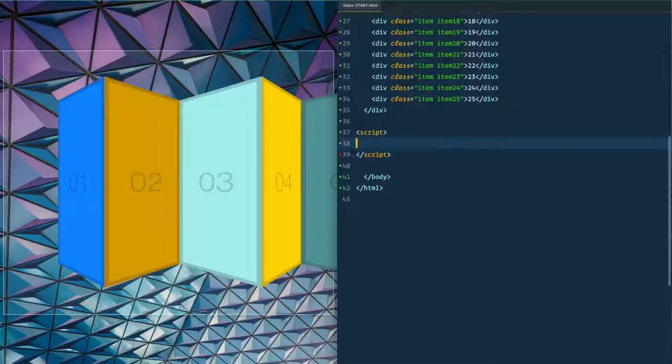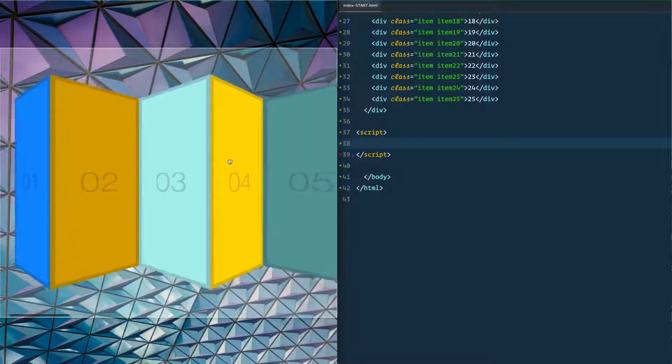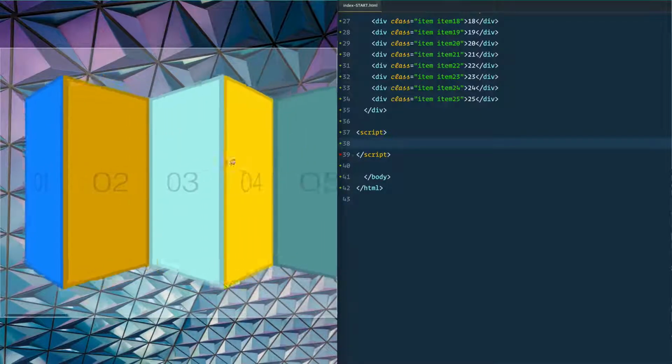So let's go down to our scripts here. And really what we want to be doing here is selecting the items, which is this white box right here. And then we're going to be listening for a number of different events. So when I first click down, we're going to add a class of active and we're going to figure out where I clicked down. Then when I move my mouse either to the left or to the right, we're going to figure out,